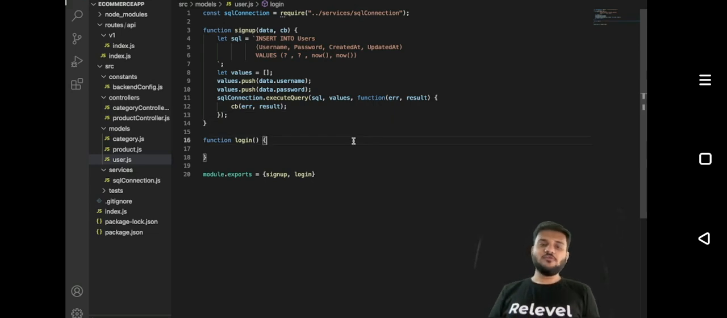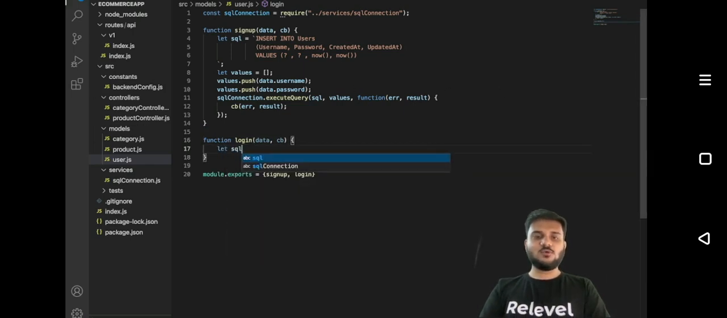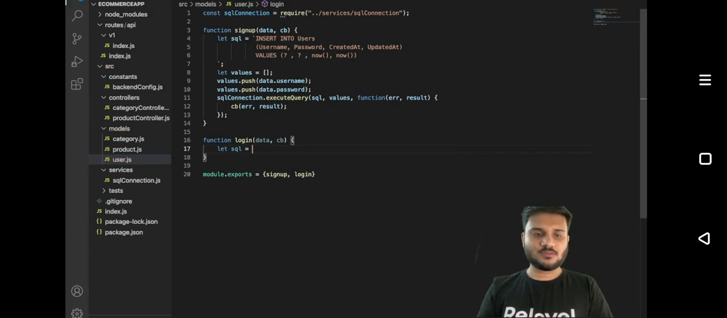Okay, so now we are going to implement the login functionality. In the login functionality also, whenever the user wants from the front end to login, so he or she will add an email and add a password, right? So we'll say data callback. Again, we'll be having some data with us, right? And we'll say let SQL is equals to, we'll again have a